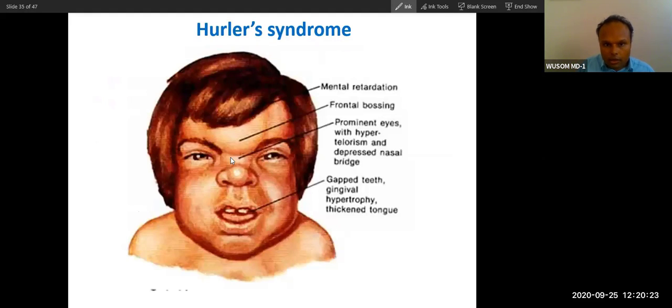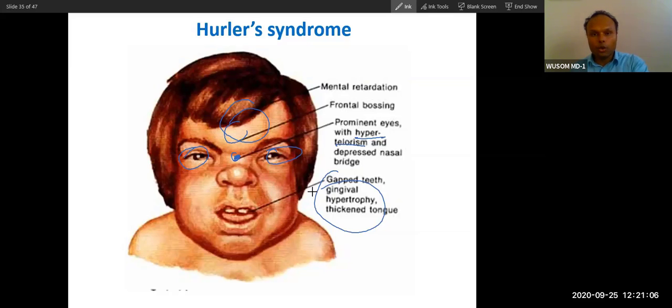You can see the face. The eyes will be separated apart. This is called hypertelorism. You can see hypertelorism here with a depressed nose. Because of heparan sulfate and dermatan sulfate accumulation, there will be bulging of the forehead. This is called frontal bossing. And then the gap in teeth, because of deposition of heparan and dermatan sulfate in bone. The bone will grow and the teeth will become apart, so gapped teeth. These presentations happen because of deposition of heparan and dermatan sulfate, due to deficiency of